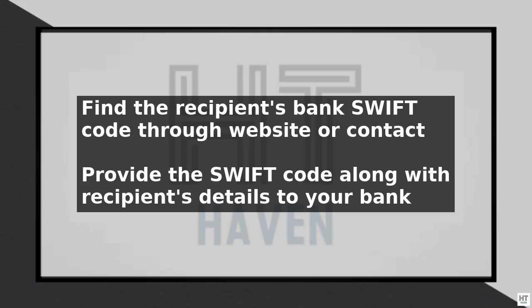When providing the SWIFT code, make sure to use the correct format. The code is usually presented as follows. The first 4 characters identify the bank. The next 2 characters identify the country. The next 2 characters identify the location. And the final 3 characters identify the branch. For example, if the SWIFT code is ABCD-US33, ABCD identifies the bank, US identifies the country, 33 identifies the location, and there is no branch code in